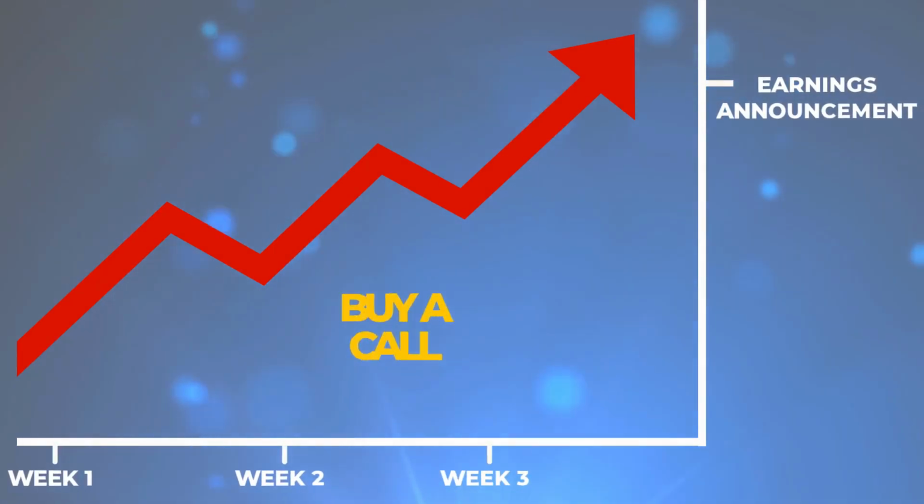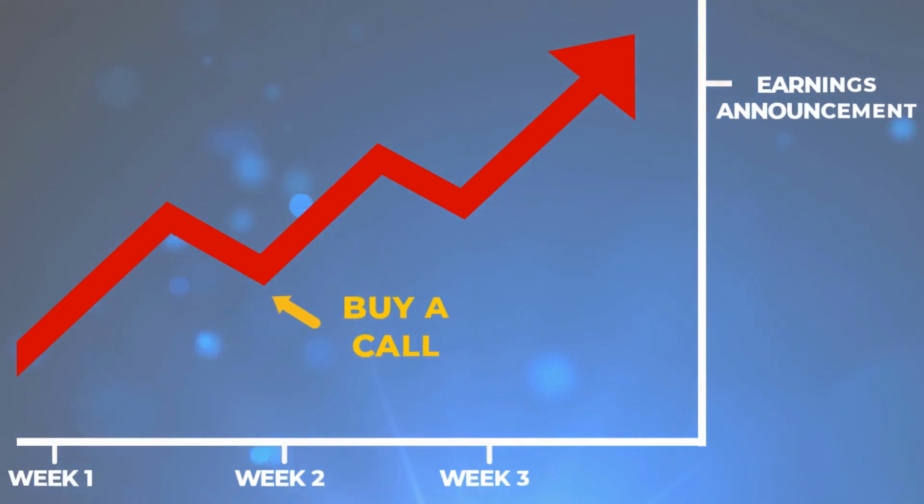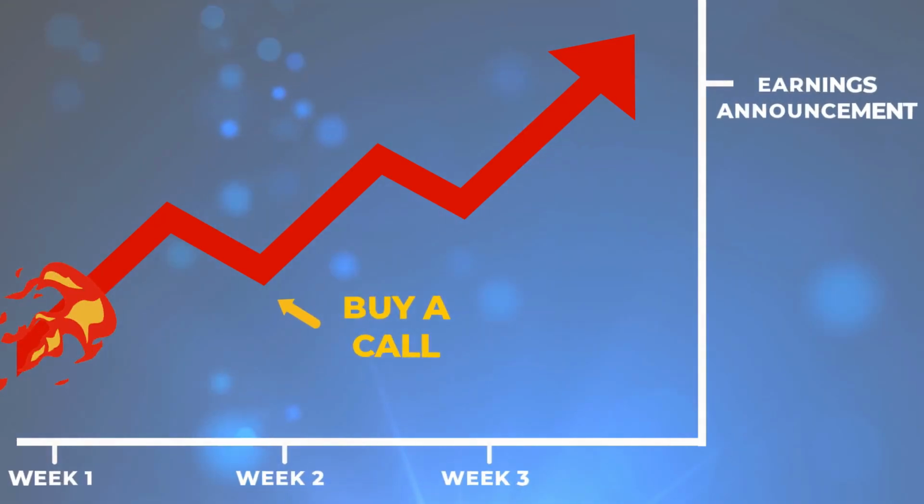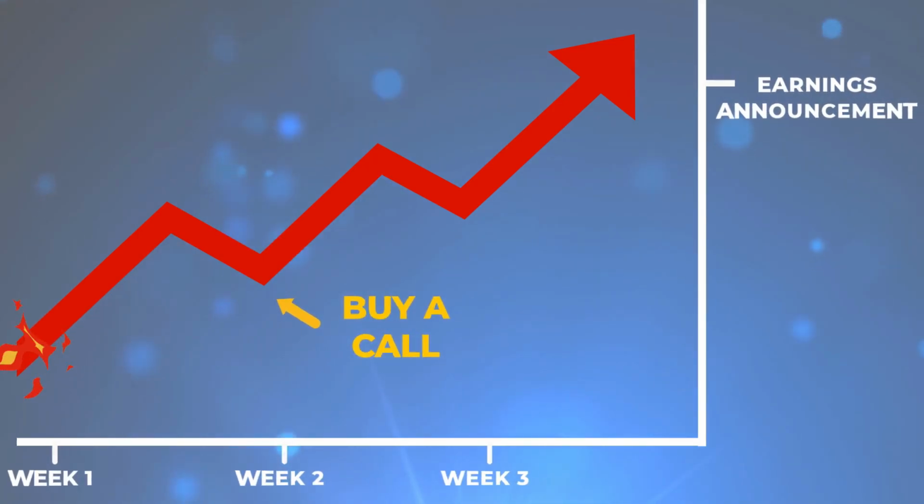A great example is you might find a stock that almost always runs higher into their earnings announcement. Then you can buy a call a couple weeks before the company's earnings date to have that trend working in your favor. The stock has a tailwind behind it. In other words, the stock is running into what the market perceives will be a favorable announcement.